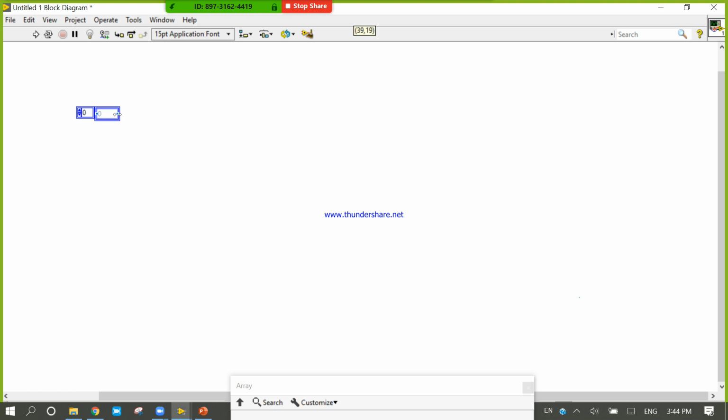If you drag, you can increase the size of this element outside, when your cursor looks like this. Now I am placing 1 2 3 4 5 6. Again I am taking a different kind of data.